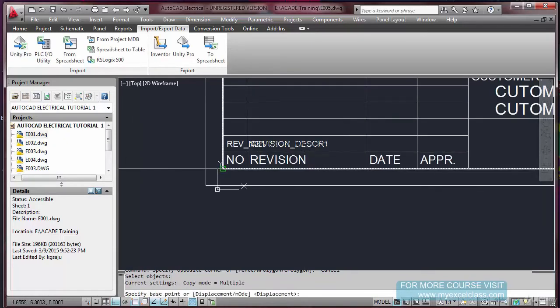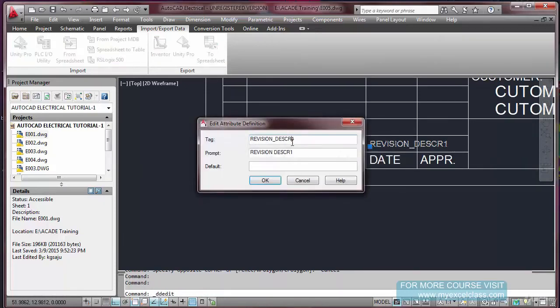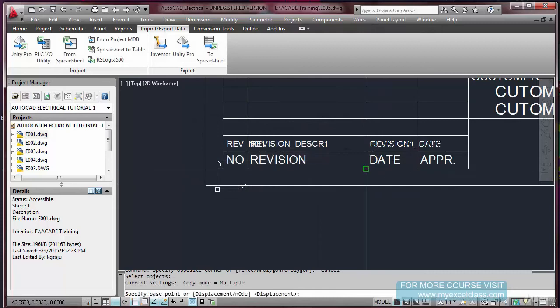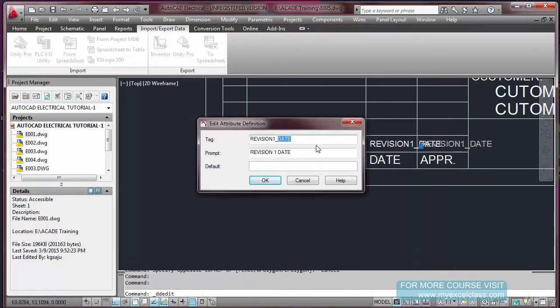Move on to the next. Revision 1, date. Copy here.